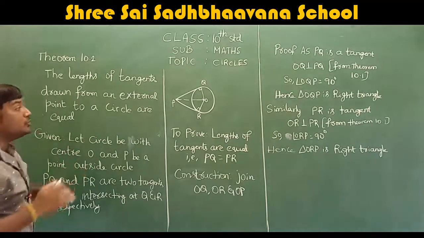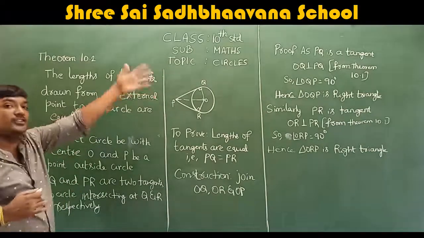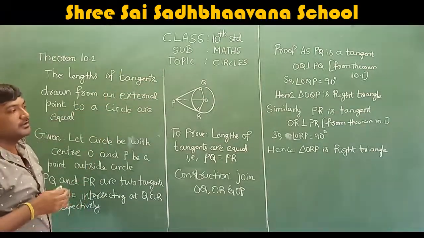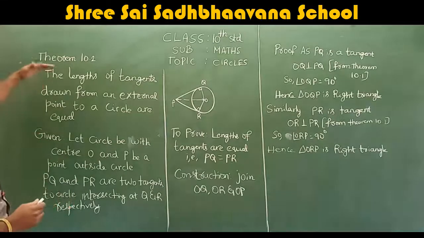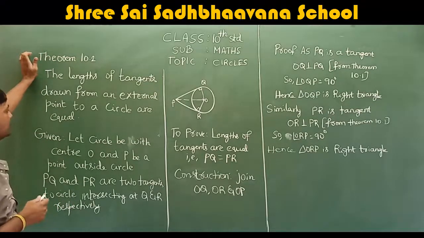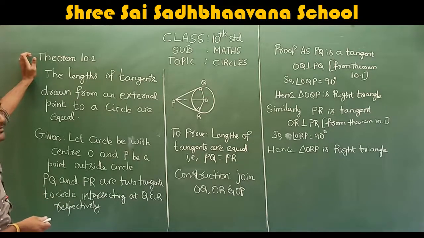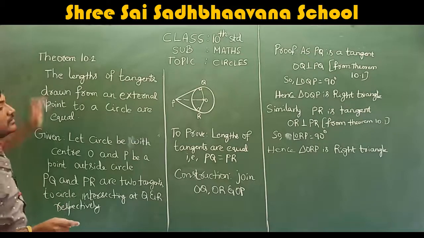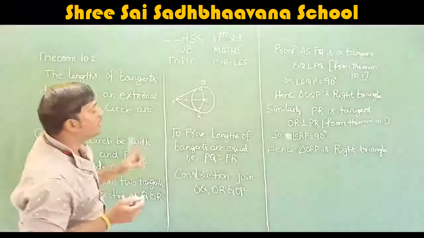Today we are going to use that theorem to prove this theorem. The theorem statement is: the lengths of the tangents drawn from an external point to a circle are equal. The meaning of this is, if you take any point outside the circle,